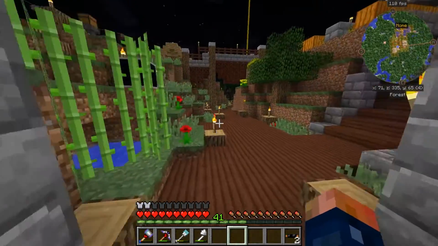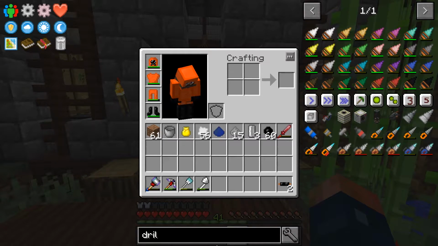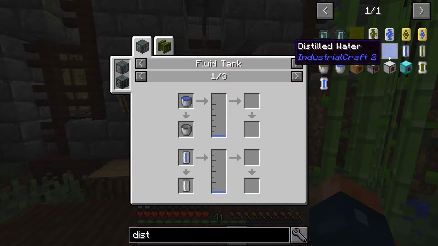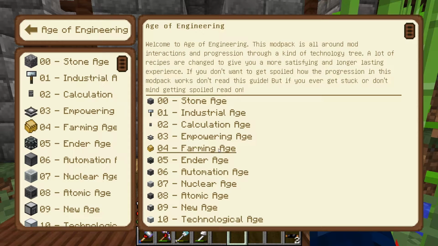The problem is this guy. If you know a better way to distill water, because if I search distilled water and I click here, there's no way of getting that. Unless it's all in the guide. I could check in the guide. There's not a real way for me to search it. Where should I have... I mean...